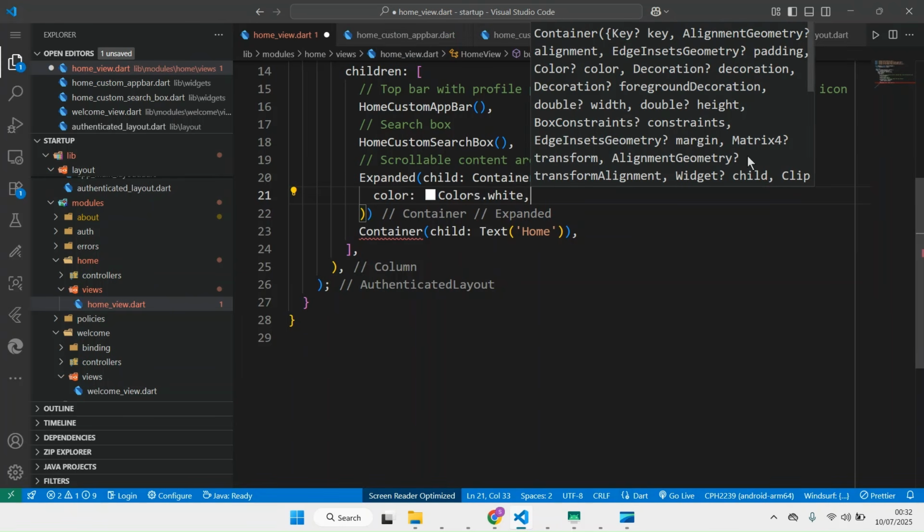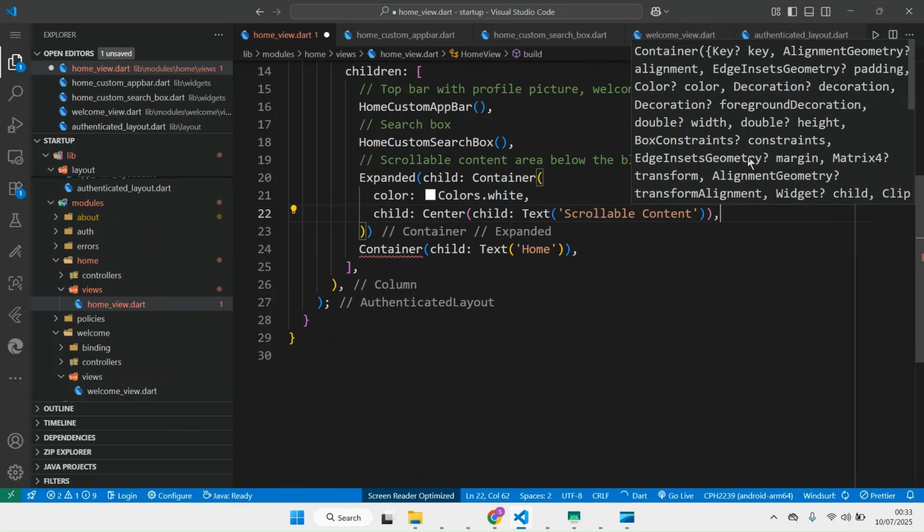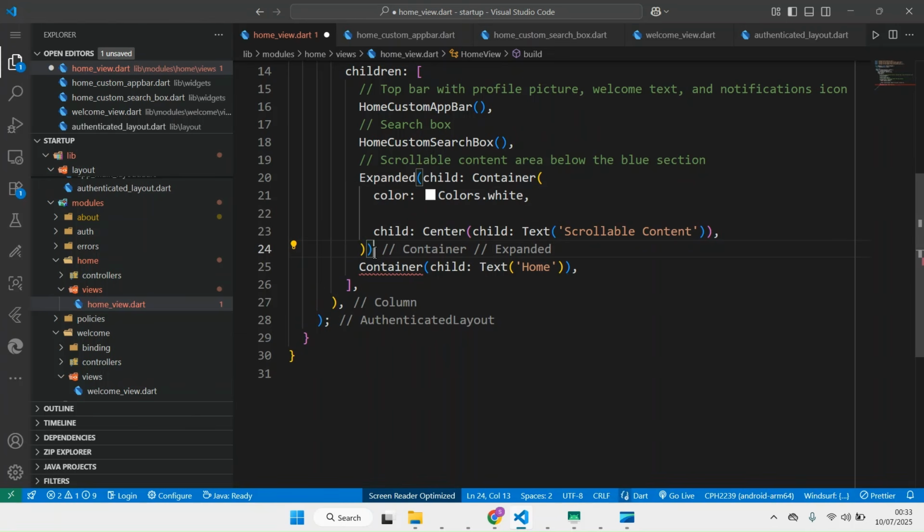You can set the color to white. So we want to just pass a child there. That's fine. And also to avoid that error, to see that error,